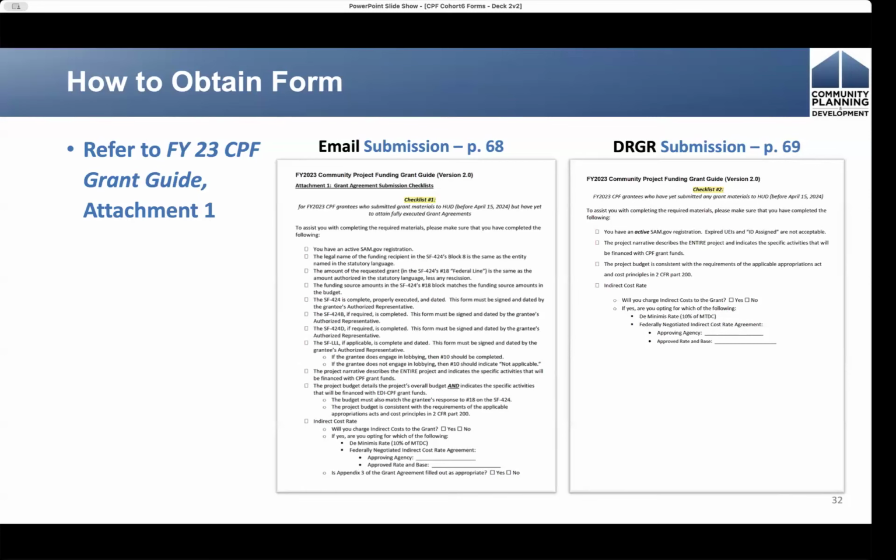And from there, you'll go on to do your action plan at DRGR. For everybody else, those of you who have not submitted materials before April 15th and thus who are using the new grant processing module, like I said before, we're working on getting all of you uploaded and added into the system in just a mass upload, at which point, once that's completed, you will receive your individual login credentials to access DRGR.